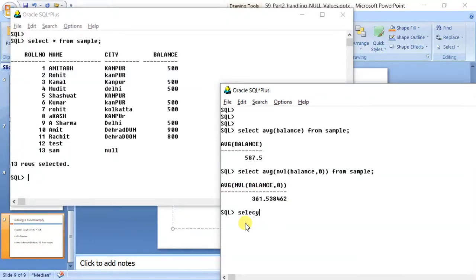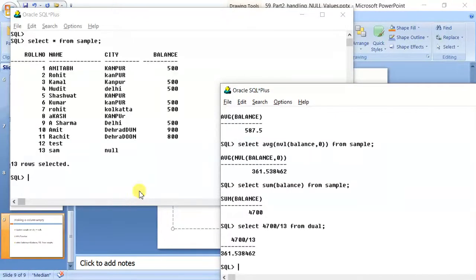Why? Let us see, select sum balance from sample. You can see the balance was 4700, and if you divide it by 13, select 4700 by 13 from dual. See what has come, 361, so now this one is correct.